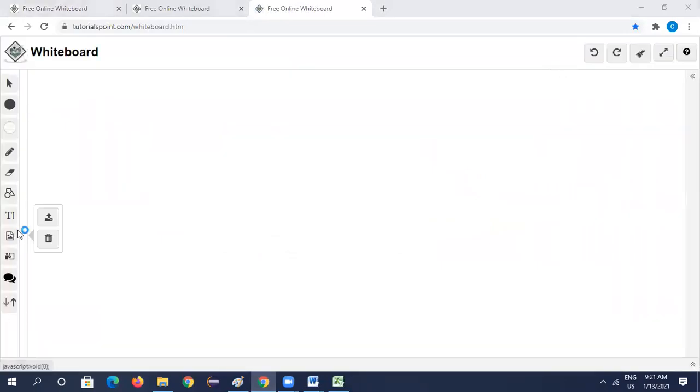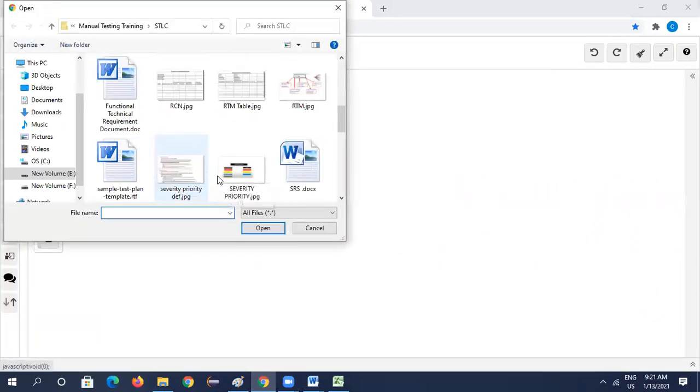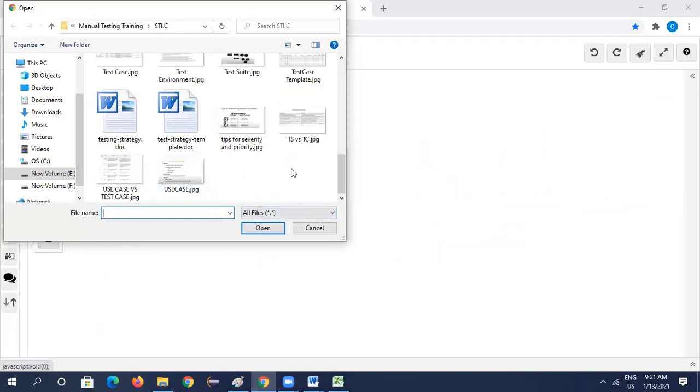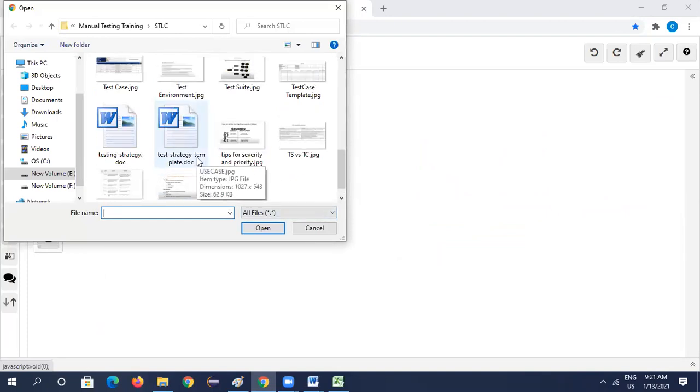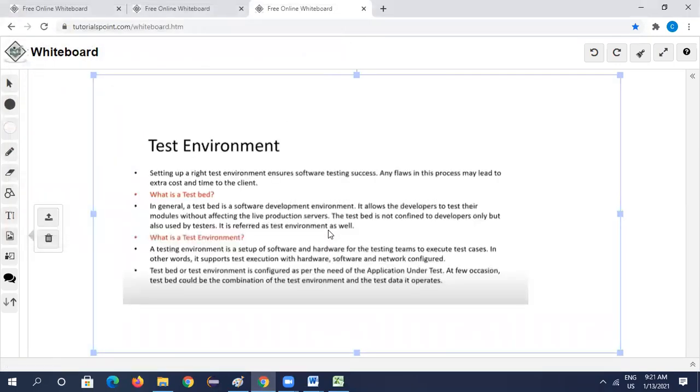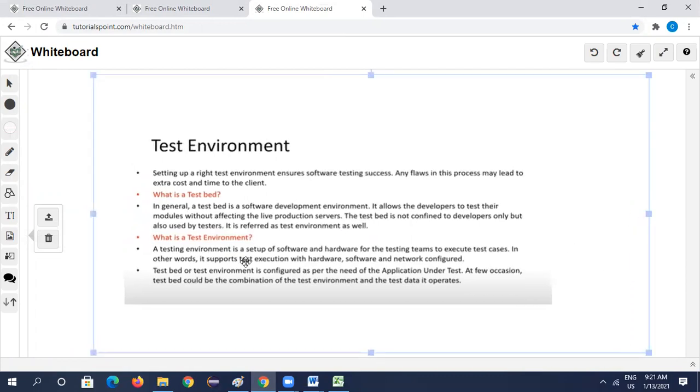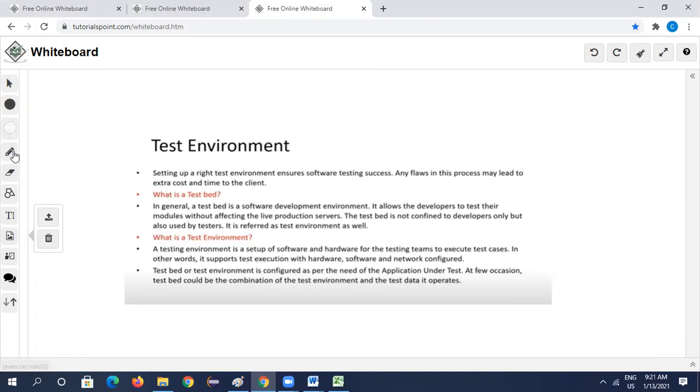There is a term called test bed. Let me show you where it is in the document. Yeah, test environment. So in test environment, setting up the right environment ensures software testing is a success. So here we'll set up the environment.